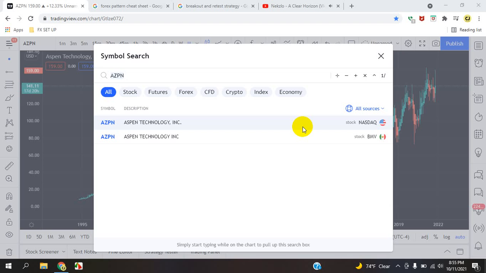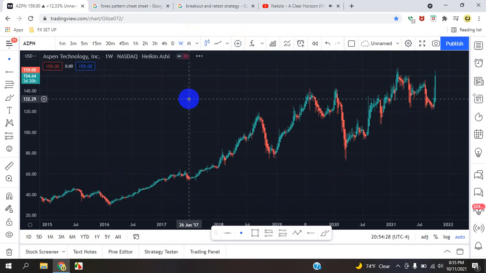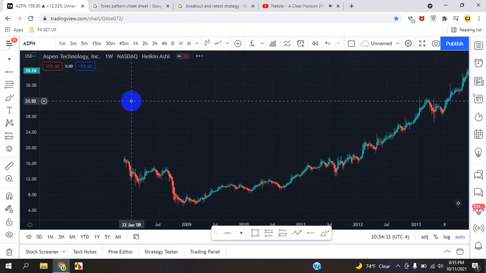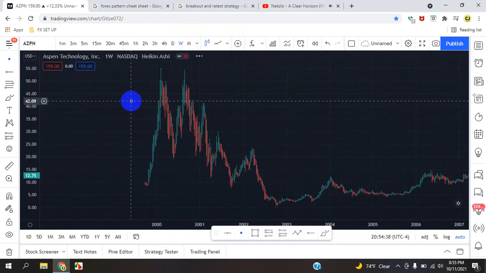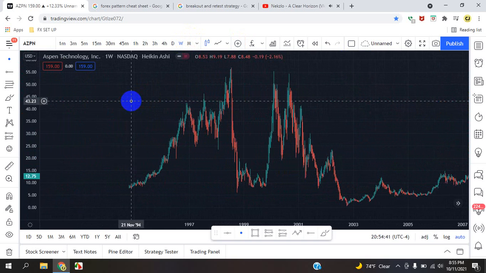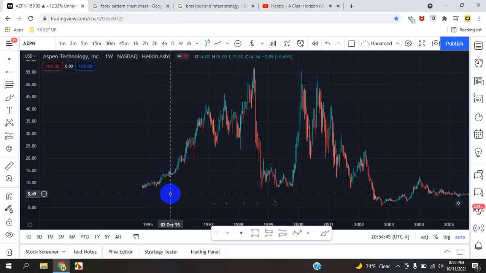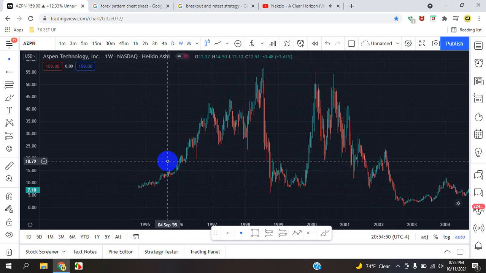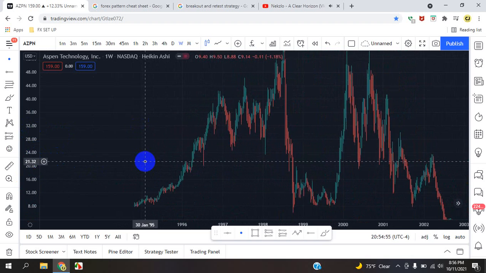Okay, guys, we are marking up AZPN stock. Let's find a chart where we can figure out what's going on. Okay, let's work with this area near where the price began back in 94. Let's see what's going on. Zoom in a little bit. So what we can see is that